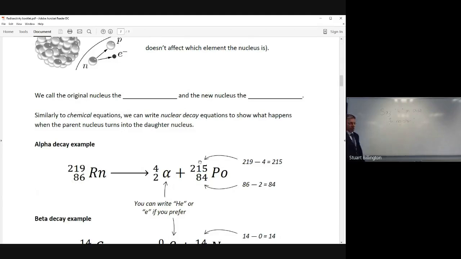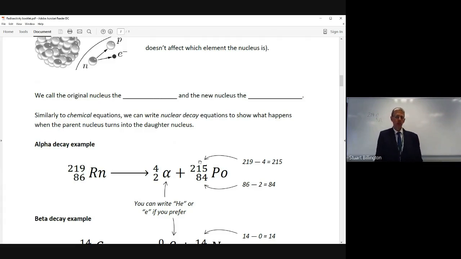So what you've got in the middle of the page looks a bit complicated, and I suppose it is, but we're going to unpick it in baby steps so that it doesn't seem too complicated anymore. So what we're looking at is a big nucleus. The chemical symbol of this nucleus is Rn, and that stands for radon, which is a gas that kind of leaks out of rocks and it's just part of the air. So some of the radon atoms are completely harmless, but 1 or 2 of the radon atoms in any particular sample are going to be an isotope of radon that has